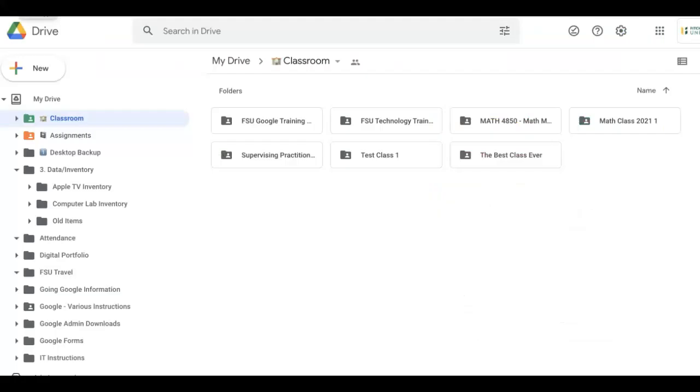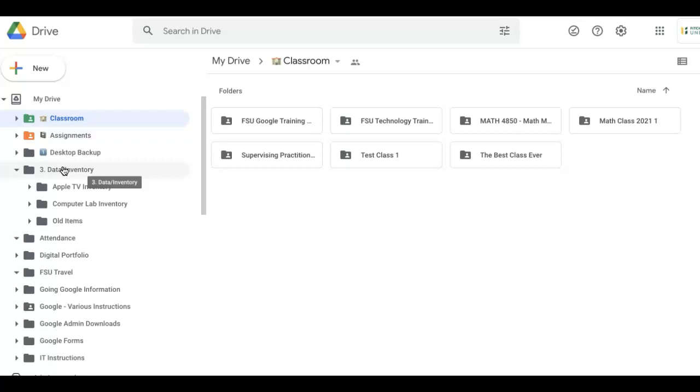So I'm back here in my Google Drive, and I am in all of my folders to the left under my drive. I told you that most of these are in alphabetical order, but there are a few that are not. The reason for that is because I wanted to show you other options. These 3 or 4 folders up here, I have color coded, and I've also added emojis, and in some places I've added numbers.